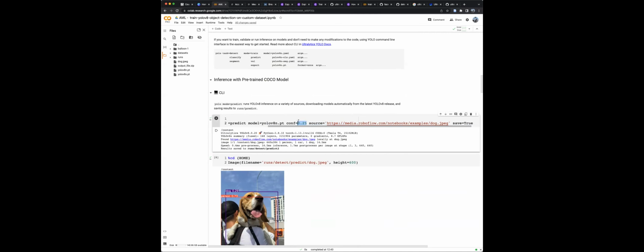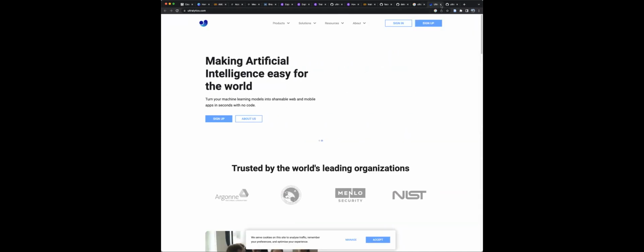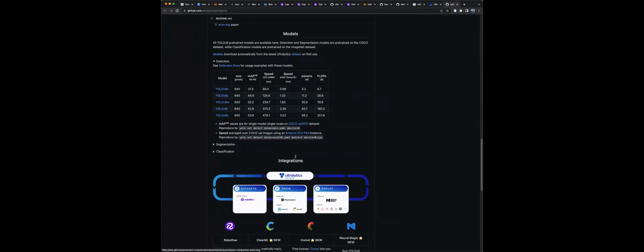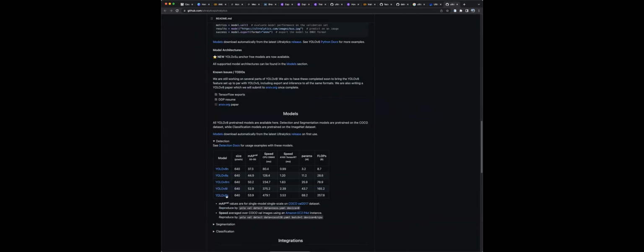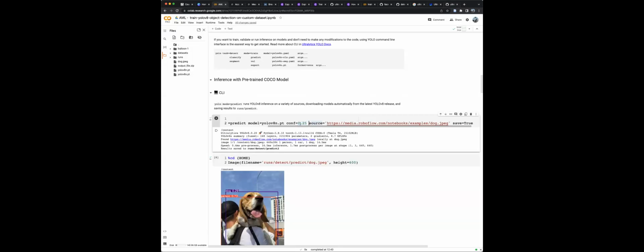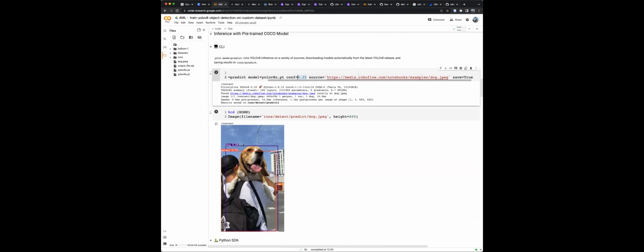Which actually depends a lot on what type of model you're using. Usually larger models are more sure of their results. So speaking, for example, of X, you shouldn't use 25% as a confidence threshold. You should use something a bit higher. But the smaller models are usually not as sure about their results. So you can see in here, for example, this dog was predicted with a 29% probability, although it's correct. It was very, very under